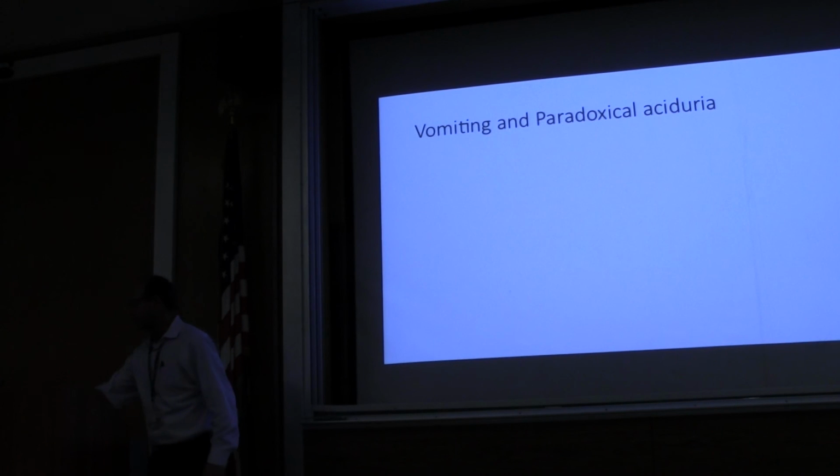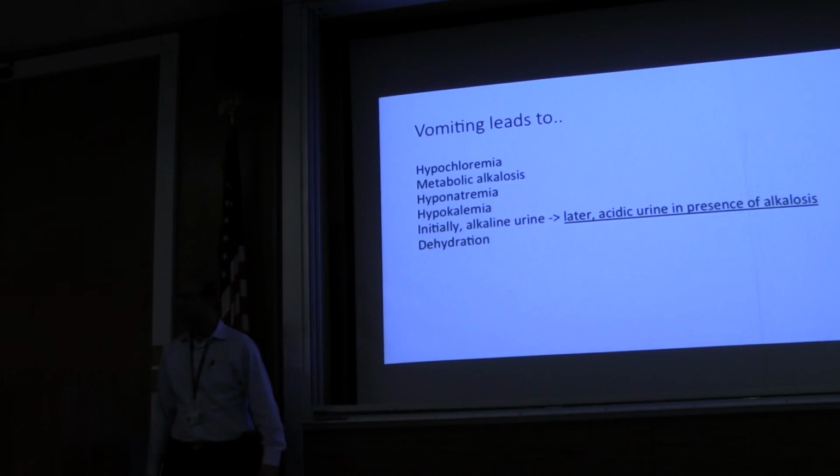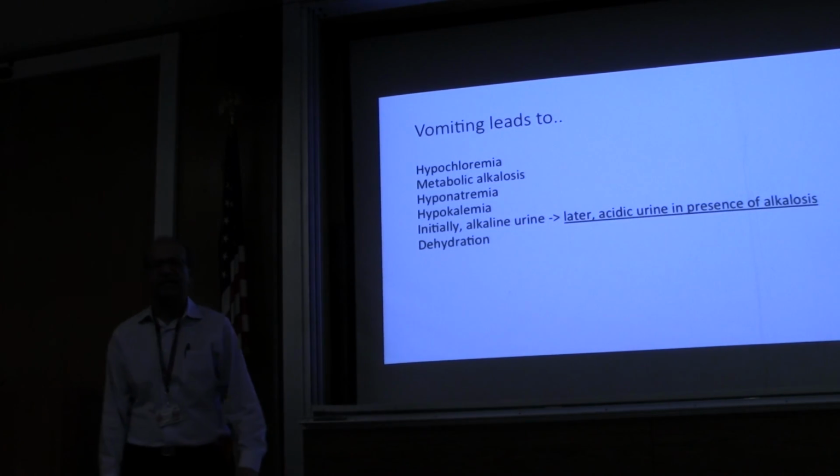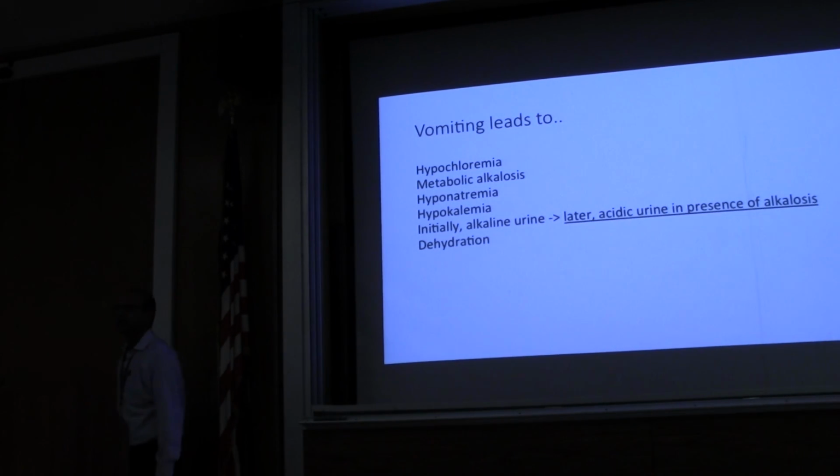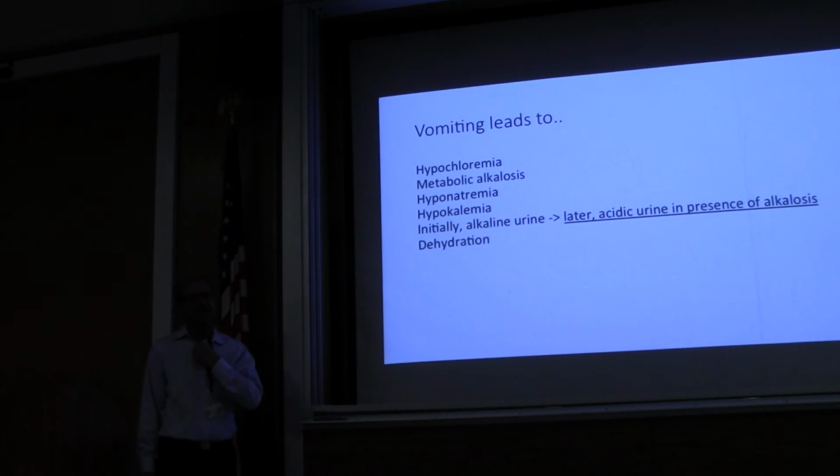We'll put a physiology to this. So this is what happens. Everybody just spend a couple of minutes looking at it. We are saying you become hypochloremic, then you get alkalotic, then you get hyponatremic and hypokalemic. Instead of passing urine that should be alkalotic, because I have metabolic alkalosis, when you check my urine,